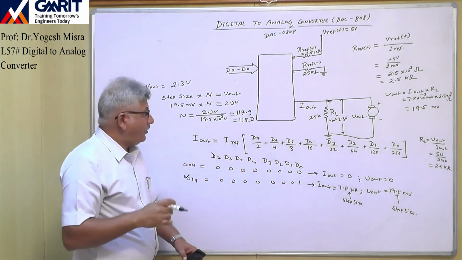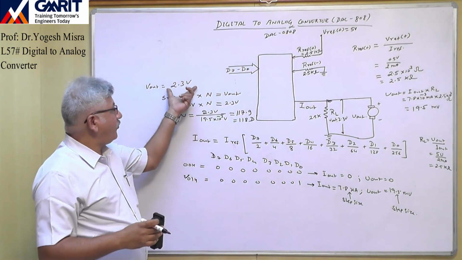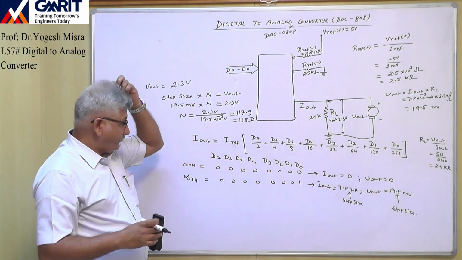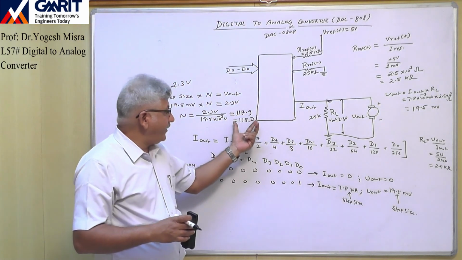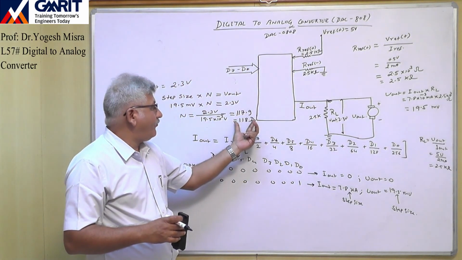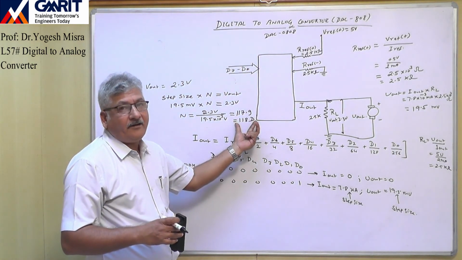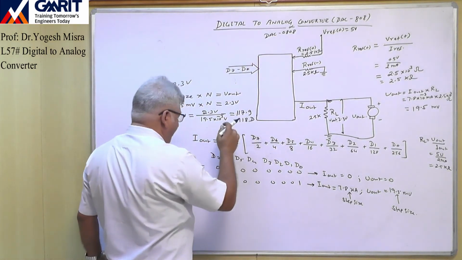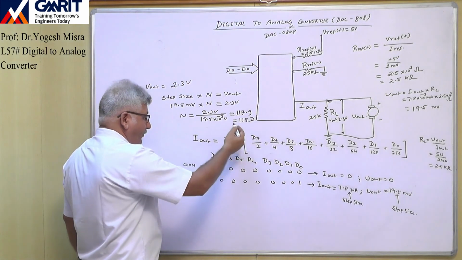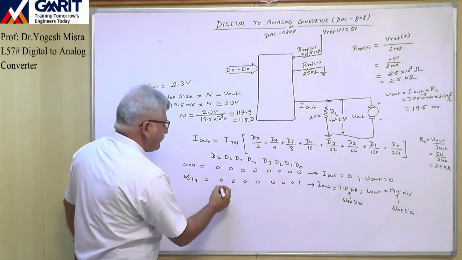So to generate an output of 2.3 volt, we have to apply an 8-bit binary value which is equivalent to 118 decimal. So we will calculate this value. What is the binary value for 118 decimal? So for this,